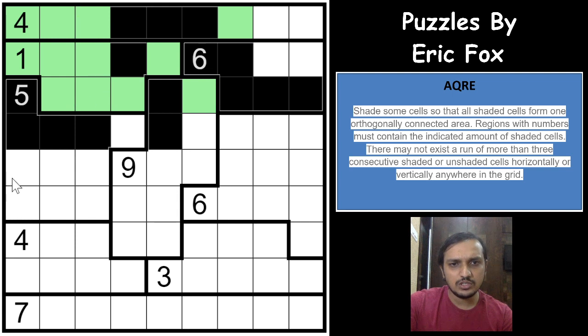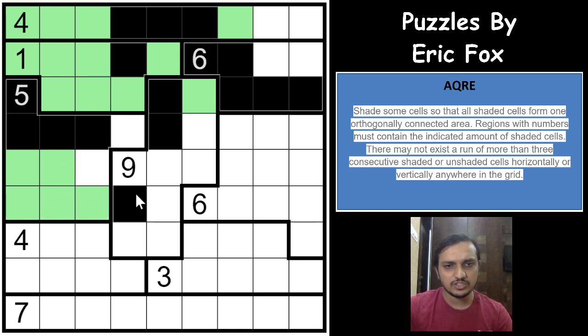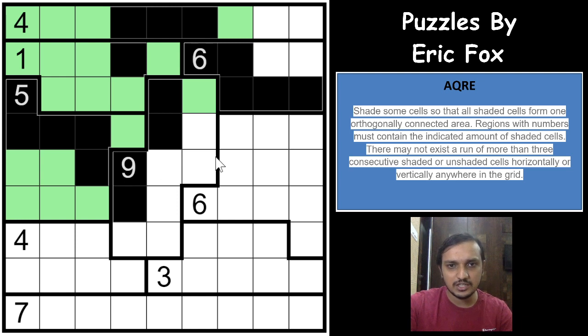So now if you see here, you cannot shade this cell, because then this group of 5 cells cannot be taken out and connected to the other group of shaded cells, right? So this will be unshaded. One of these shaded cells will have to be either this or this, right, to make sure that this group of shaded cells comes out. So all the other cells will be unshaded. So this is shaded now, and again this is shaded, easy one, I missed that. 3 shaded cells are already there, so this would have to be shaded, which makes this cell shaded again. Okay,